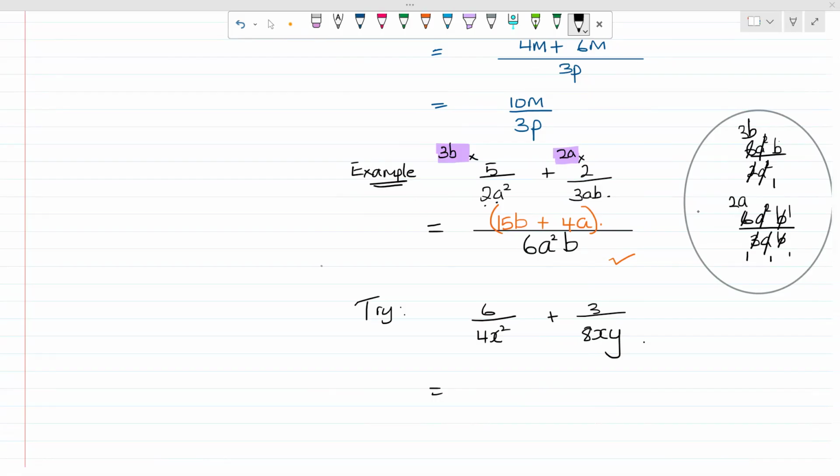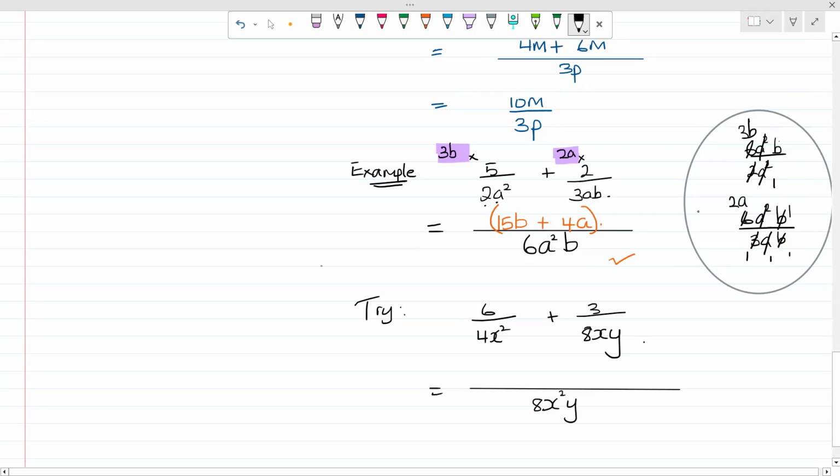So we're doing this one again. We have, look at the 4 and the 8. LCM of 4 and 8 is going to give us 8. x squared and x, you're taking the higher power. Every letter must have representation, so I put in the x. We're doing 4 into 8 to give me